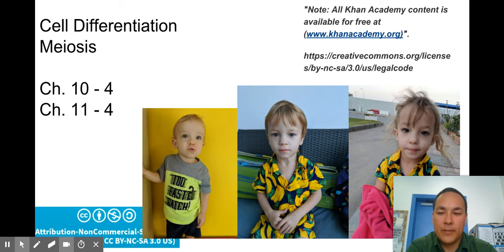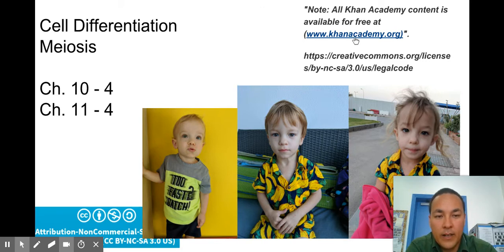This will wrap it up for this unit. It's Chapter 10, Section 4 in your book, and Chapter 11, Section 4. Chapter 11, Sections 1, 2, and 3 are genetics, and I like to do meiosis and then lead it into genetics. The products of meiosis are what's going to go on the top and sides of those Punnett